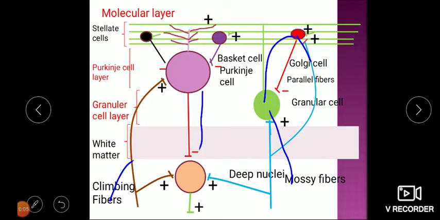and the output coming from the deep nuclei. If they get inhibited, what happens? Inhibition is reduced, so excitation will go unopposed. But when these are exciting them, excitation increases and output will be less. So like this, tuning will take place on the muscle tone. The output coming from the cerebellum is excitatory, but it is guarded and kept by the brake also. So the excitation may be at one time 100, it may be only 10, it may be only 2. So like this, output will vary as per the requirement.